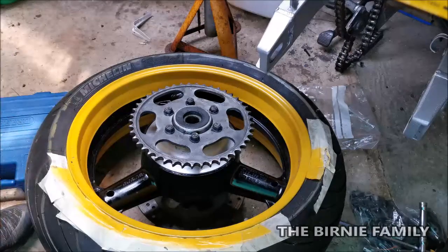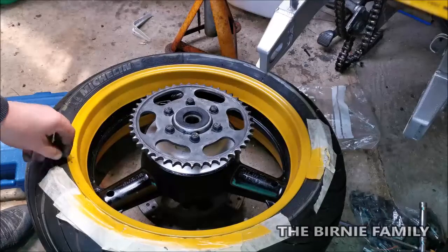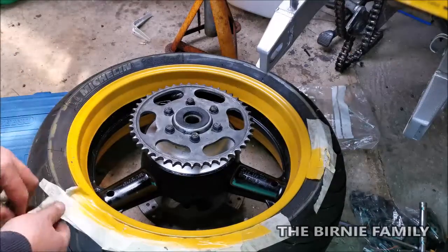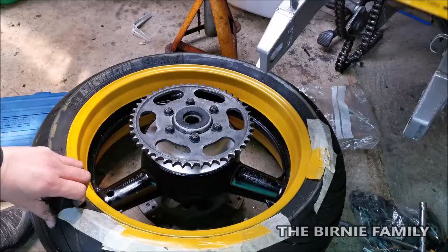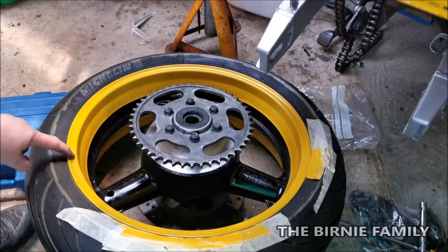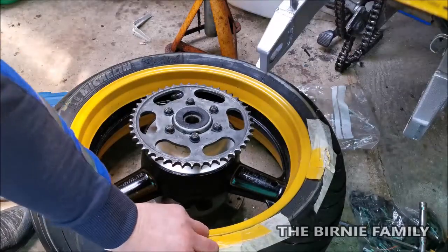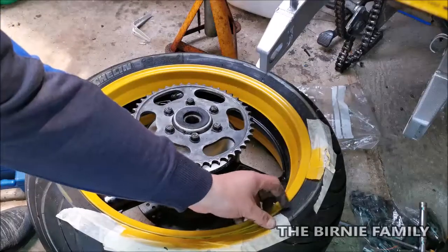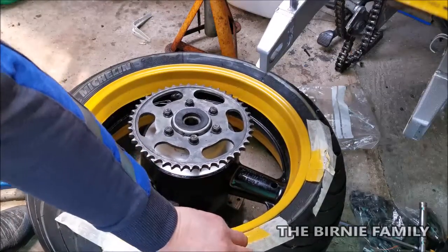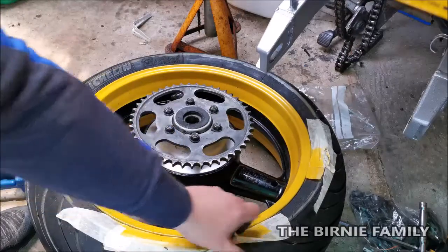Now, the thing you've always got to be careful with doing this, which I'm quite bad for at times, is actually scratching the new parts that you put on. Just for being careless or whatever. I've done that a few times, I have to say. So I'm going to try my very best and not do it on this job. But I think we need some touch-up paint anyway, guys. With this lot, there's definitely little bits and pieces that have maybe been scuffed or something. But all in all,